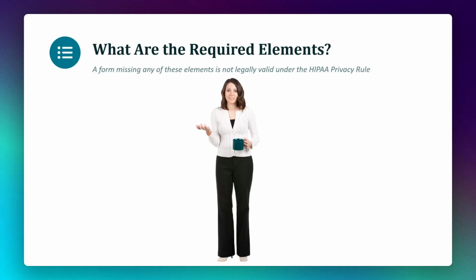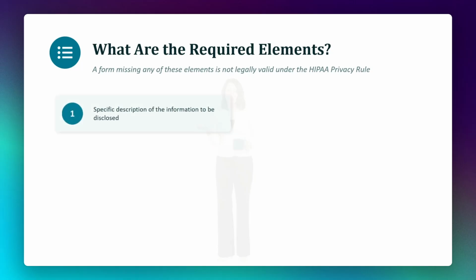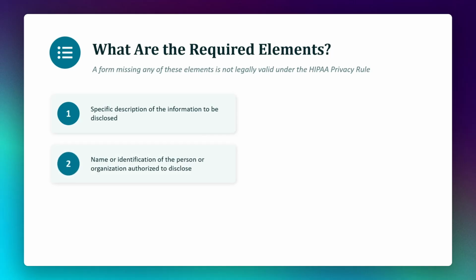The 6 required elements are a specific description of the information to be disclosed, the name or identification of the person or organization authorized to disclose the information, the name or identification of the person or organization who is receiving the information,